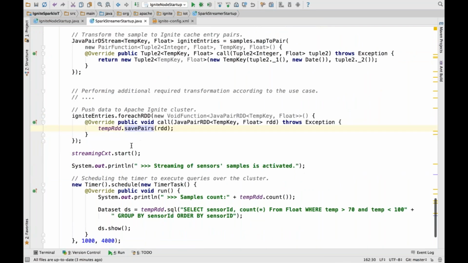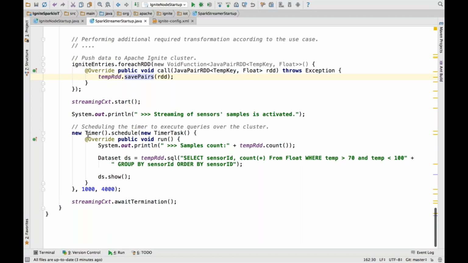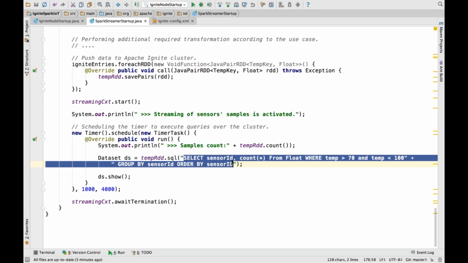Once these transformations are completed, finally we are going to push all the transformed and collected data into the Apache Ignite cluster. At the same time, we are going to create a special timer task, scheduled every 4 seconds. As part of this timer task, we are going to execute an SQL query over the data in the Apache Ignite cluster using Spark shared RDDs.